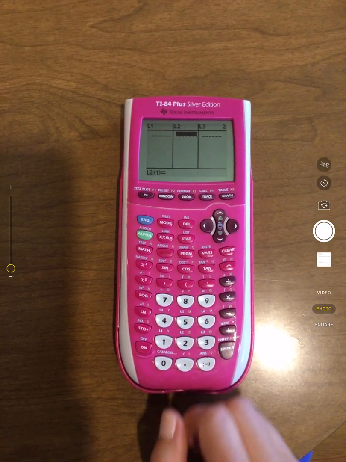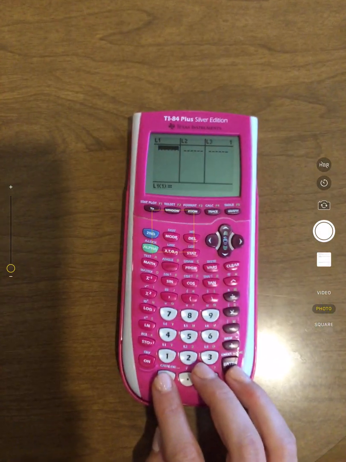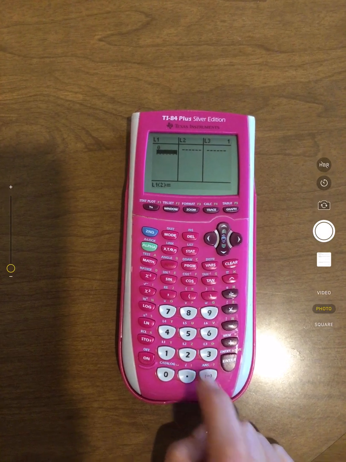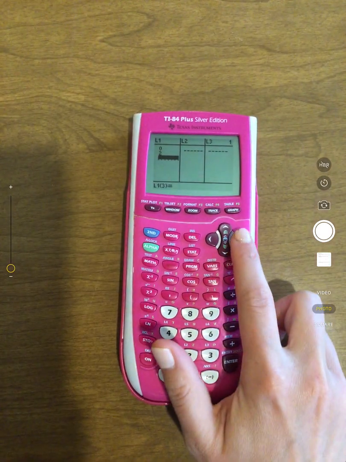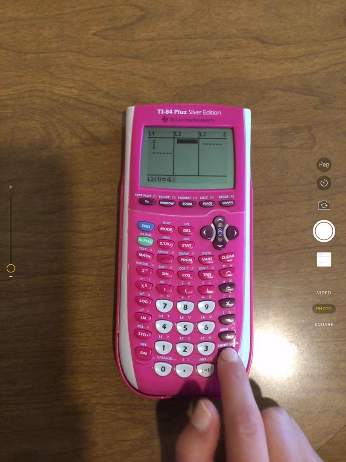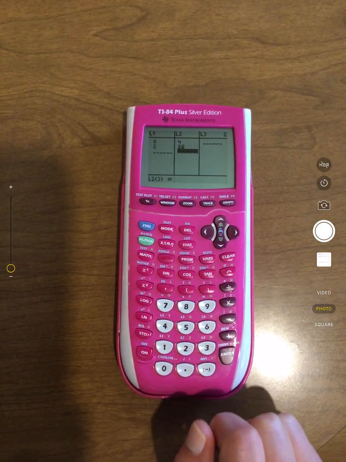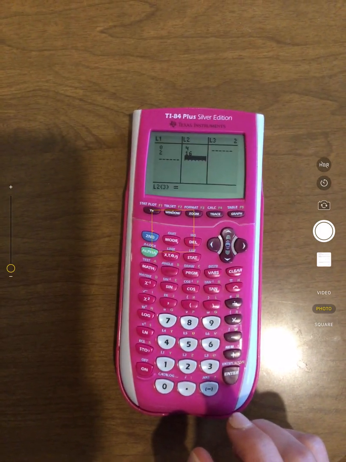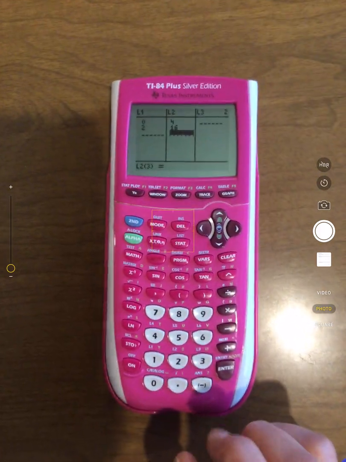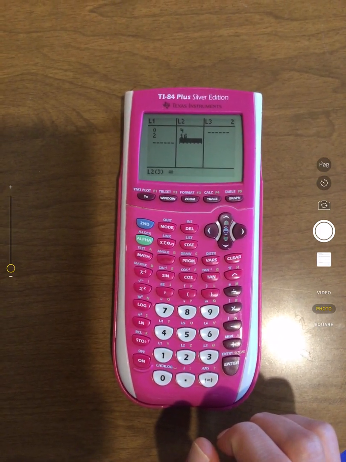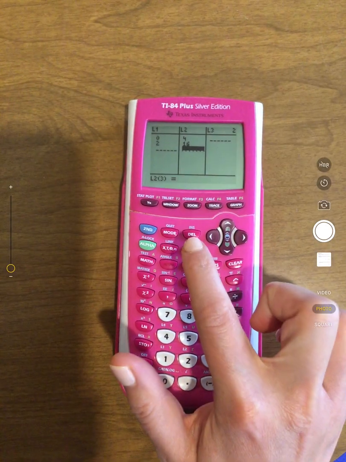Now we're going to put in our list. We have 0, enter, 2, enter. We have 4, enter, 16, enter. L1 is your X. L2 is your Y. From there, we are going to hit Stat,